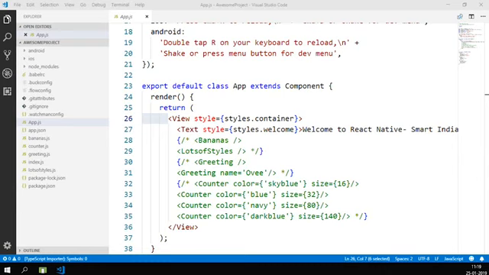Today we will be focusing on flexbox, different styles, and touch handling. All these things are supported by this particular component, the View, which acts as a container. I just want to show one text saying something like "Welcome to React Native Smart India Hackathon 2019". First of all, to run this application, as I said, on my machine